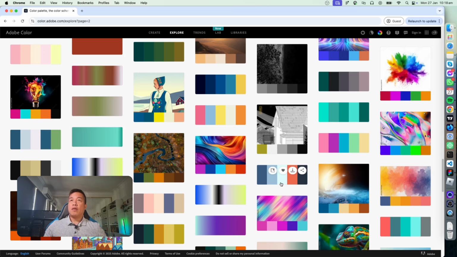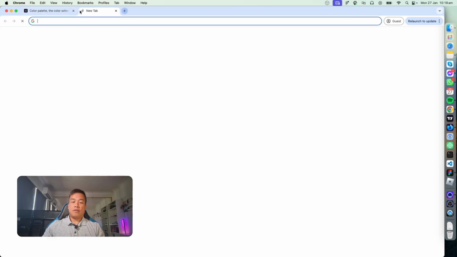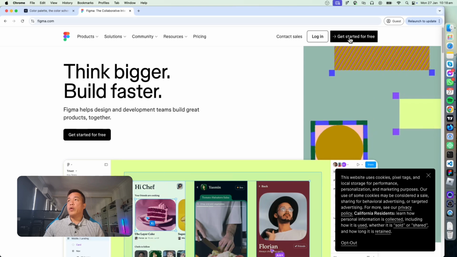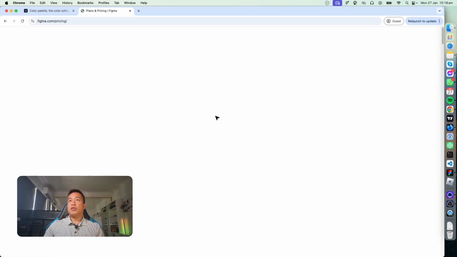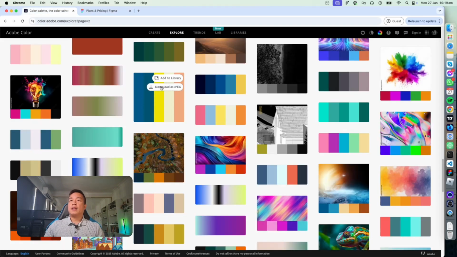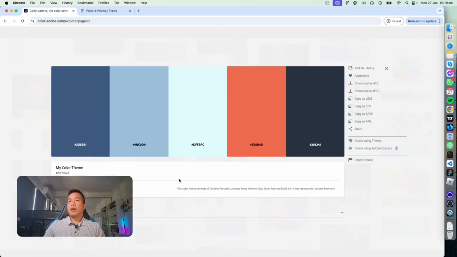So Figma is actually a free tool. So for example, if you go to figma.com, you could sign up for a new account, and allow you to use the same features as me, which is underneath here. I won't go through Figma, but it's just another tool that I'll be using as well. So heading back to the color palette, I mentioned we're gonna save this color. What you can do is if you hover your mouse over here and click on it, it will take you to the color palette that you've chosen or I've chosen here, and you can see that there's different codes. So if I were to use Figma,